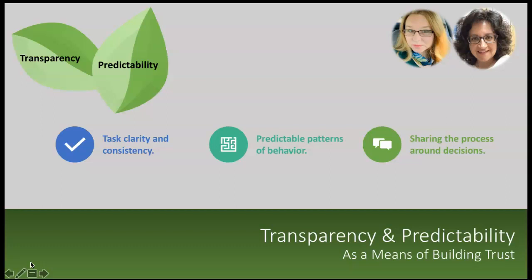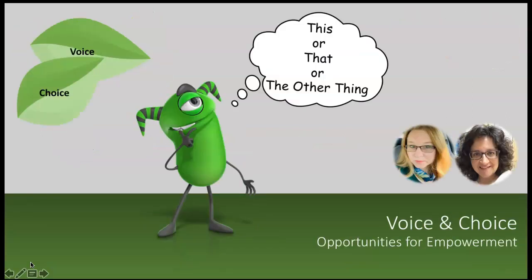We have a harder time convincing others that it's safe to become vulnerable and to take safe educational and interpersonal risks. We can all probably speak to the importance of transparency and predictability in our work lives when things are kind of spur of the moment, or we are not given the information on the why behind changes. And when that happens a lot, it's hard to feel a sense of trust.